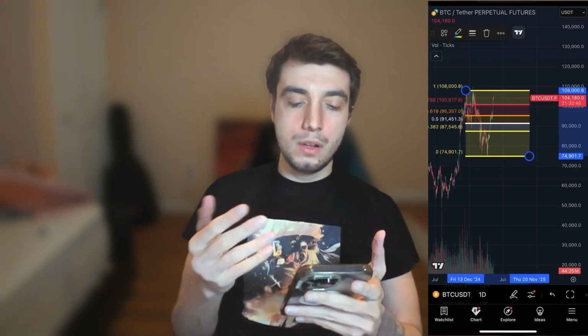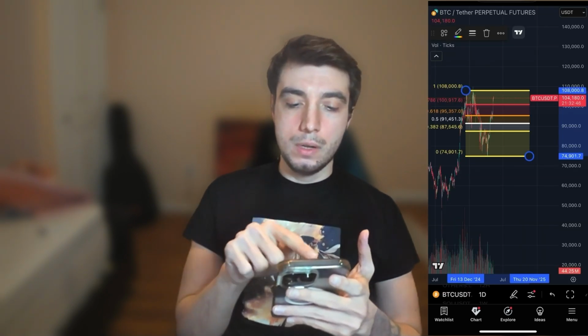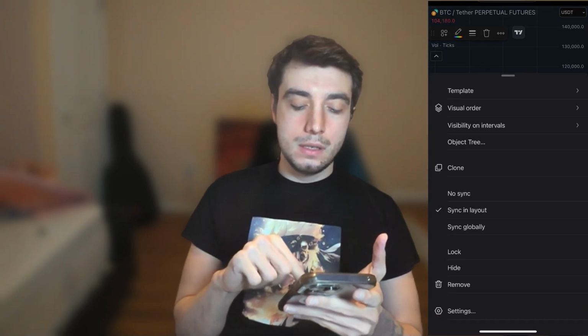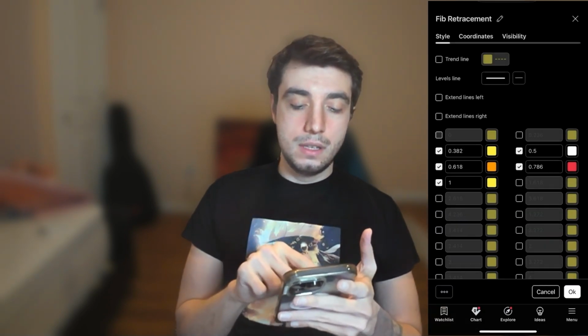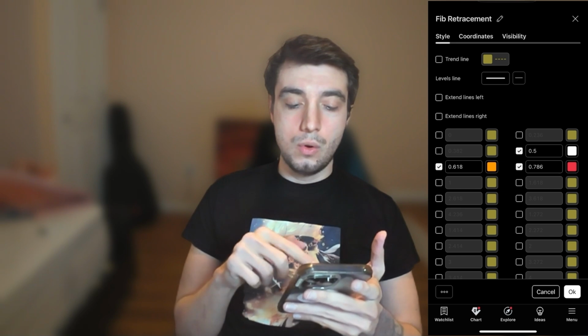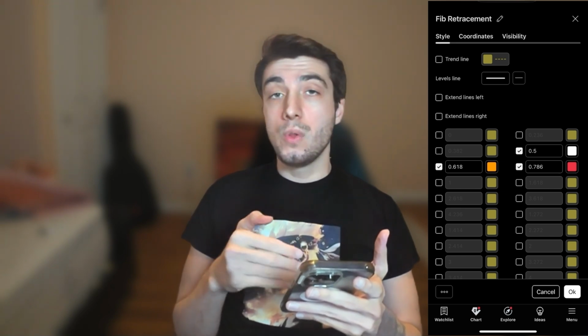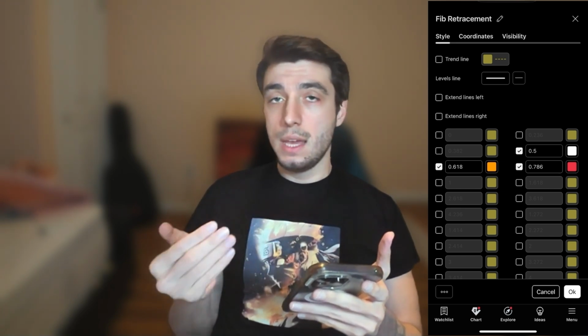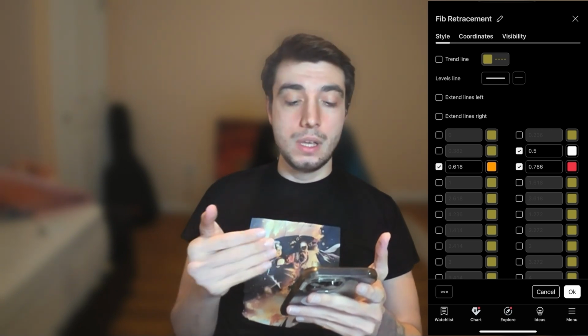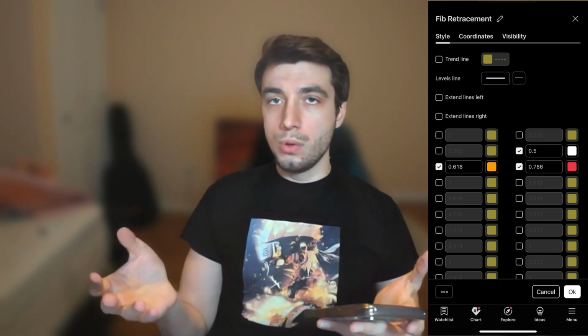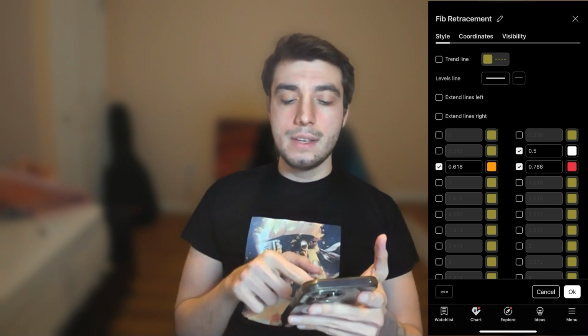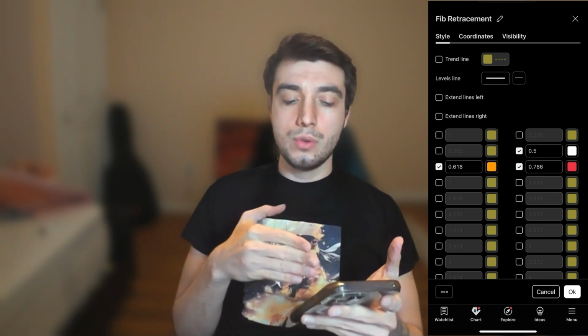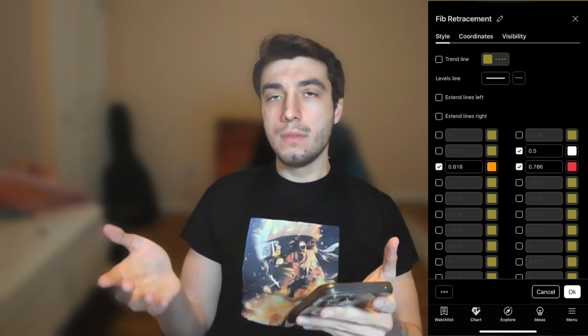I changed my colors later on. I don't want to have these other ones. So I went into settings and unselected these options over here to only have the 0.5, 0.618, and the 0.786 Fibonacci levels. The reason for that is those are the only ones that I generally use, and I selected certain colors to help myself understand